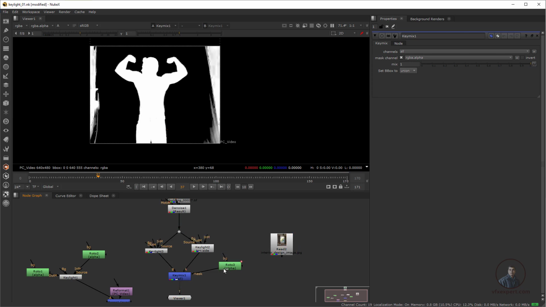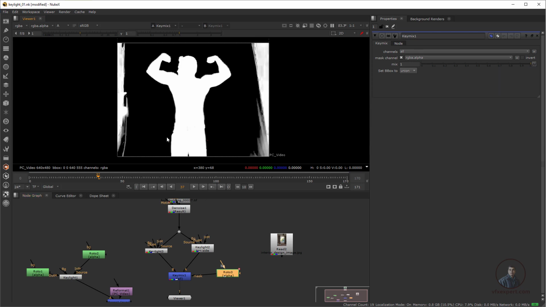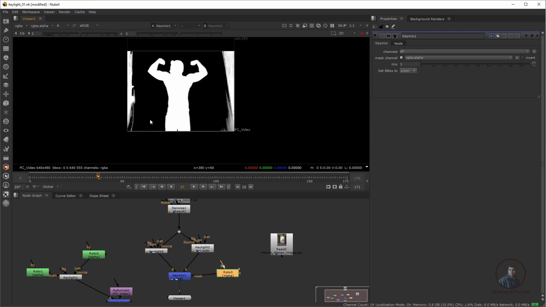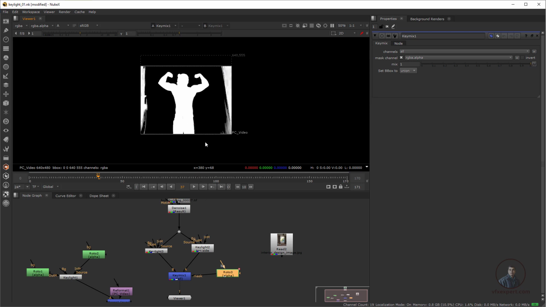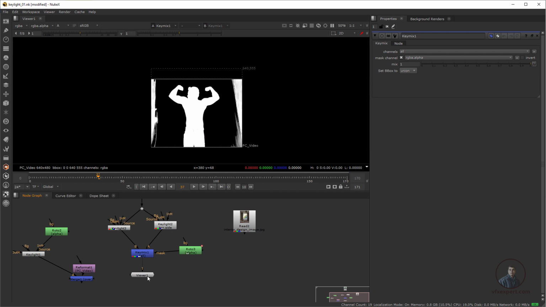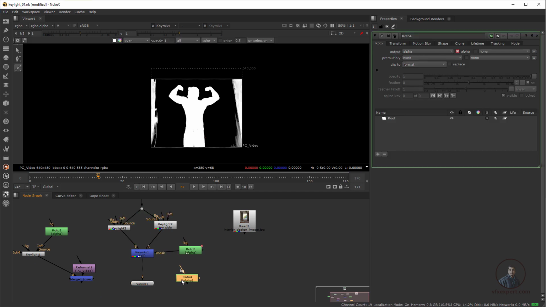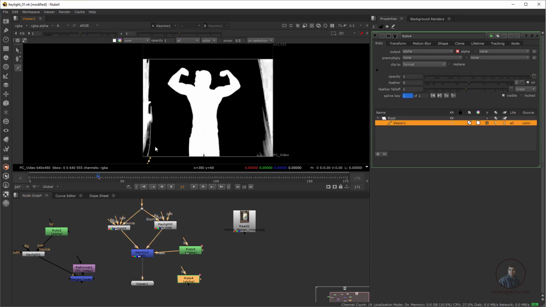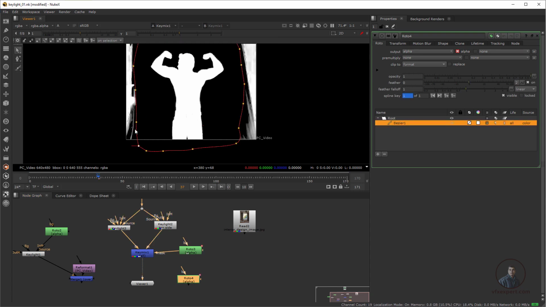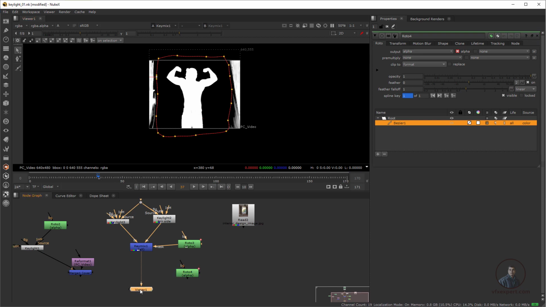Now we have to create the final matte. After this I am going to remove this garbage matte, this one. So how can we remove all this? Again take a Roto node for your garbage matte. Press O and roughly create it. Because this is a garbage matte, finally take a Merge node.